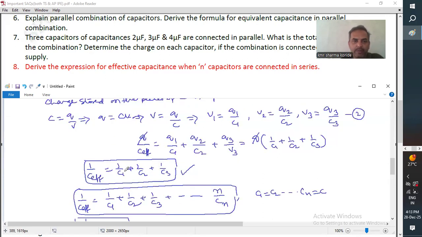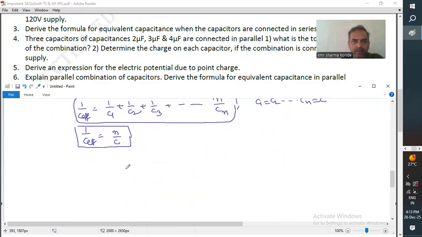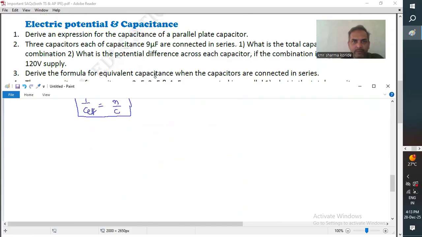Now let us continue with the numerical. Question number 2 is based on series combination. 3 capacitors, each of capacitance 9 microfarad, are connected in series. What is the total capacitance? The second part is, what is the potential difference across each capacitor if the combination is connected to a 120 volt supply? Capacitors are connected in series, so the equation for effective capacitance is